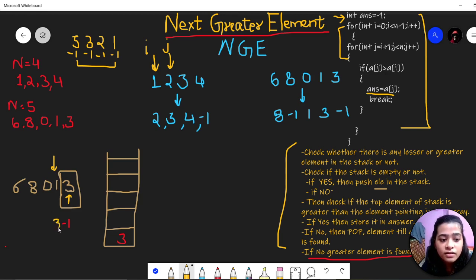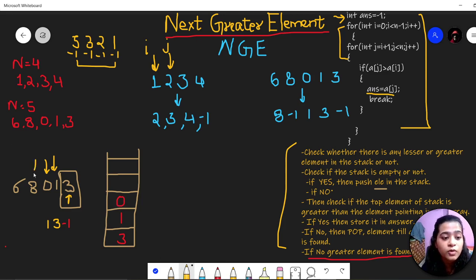So we will output 3, and then we will push 1 inside the stack. Then the pointer will move to the further element 0. Then we will check if the top element of the stack is greater than the element pointed to in the array. Yes, it is greater. 1 is greater than 0. So the next greater element of 0 will be 1. And we will push 0 inside the stack.